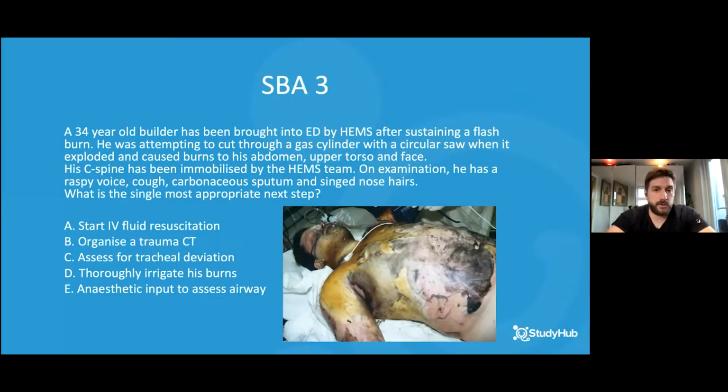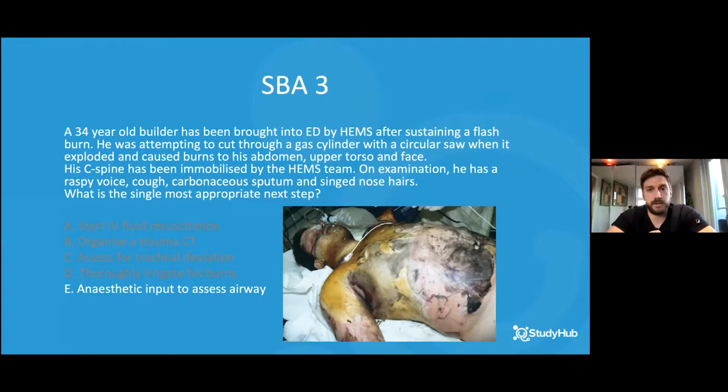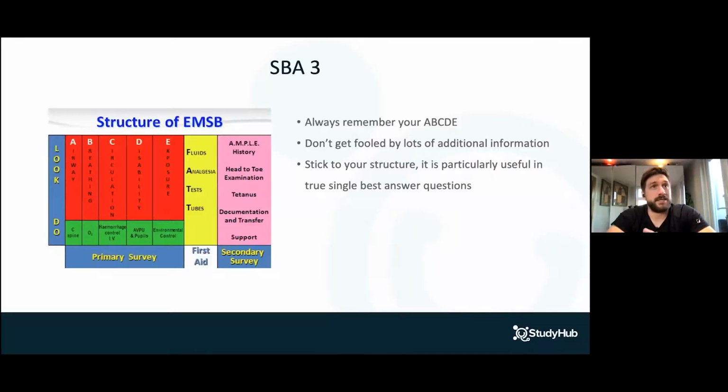Okay, good. So most people have put E, which is the correct answer. And really, this is a little bit about exam technique as well, because you should always remember A, B, C, D, E, especially in single best answer questions where a lot of those management options were correct. But really, you need to think about A, B, C, D. What is the first part of that, A for airway? So in this case, you need to be making sure that the airway is safe before moving on and doing